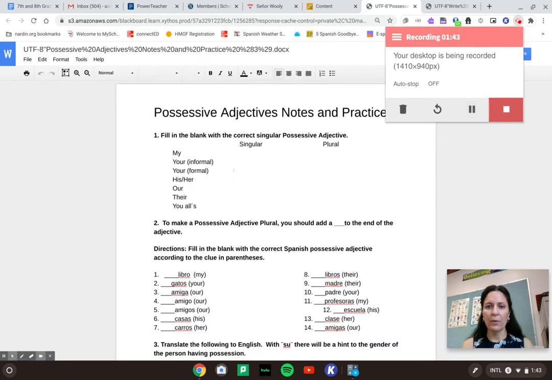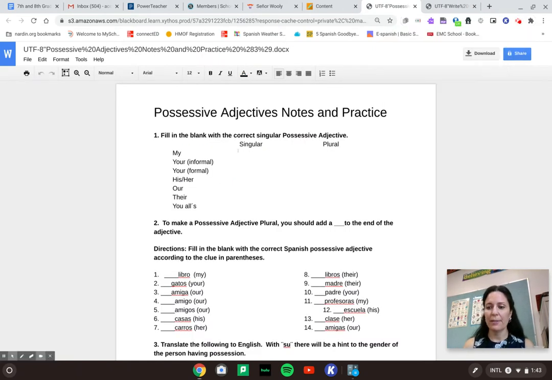And this is just a quick review of your possessive adjectives. So remember to say my, we either say mi for singular or mis. And your informal would be either tu, no accent, or tus. And then su for you, formal, like if you're saying your house and you're talking to somebody older than you, or sus. And then his or her. Remember I said su and sus are the hardest working possessive adjectives because they represent a lot of different people.